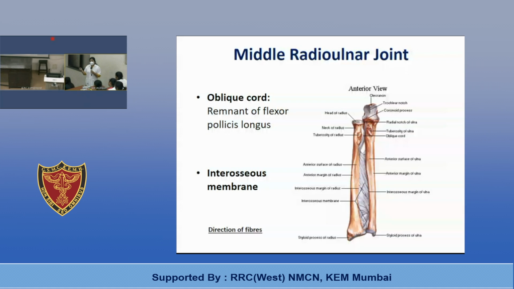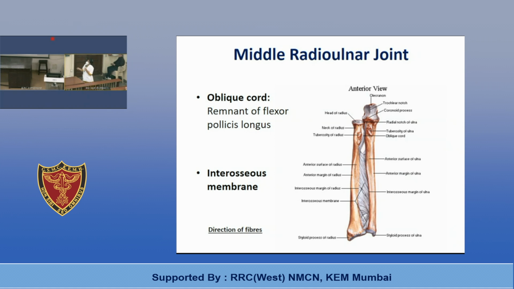Okay. And the deep branch of the radial nerve, which supplies the posterior compartment of the forearm, enters the posterior compartment by piercing one muscle, supinator. So as the deep branch pierces supinator, it is called the posterior interosseous nerve. So the posterior interosseous nerve and posterior interosseous vessels supply the posterior compartment of the forearm. The vessels pass over this interosseous membrane, whereas the nerve pierces muscle.